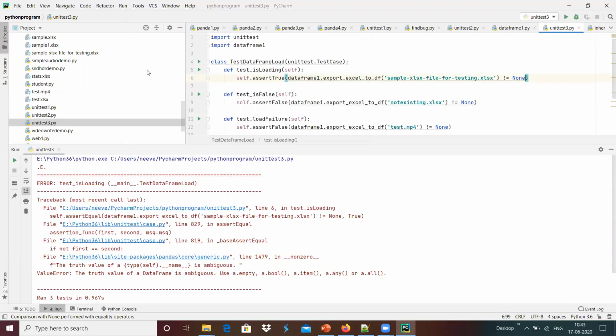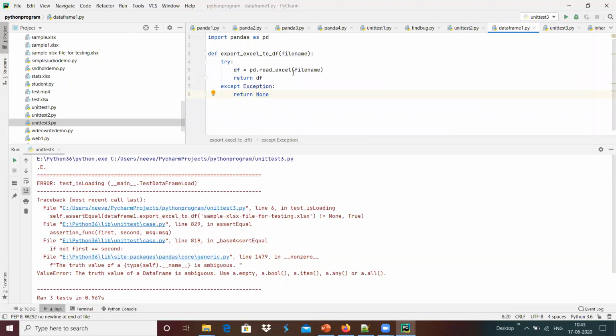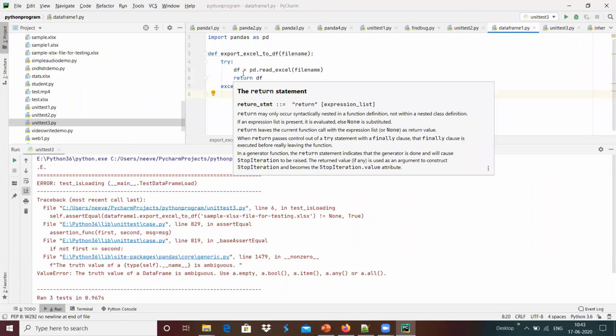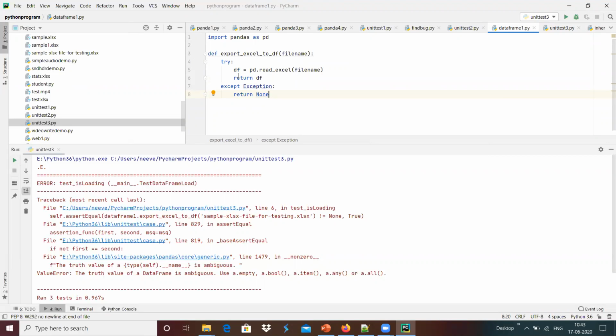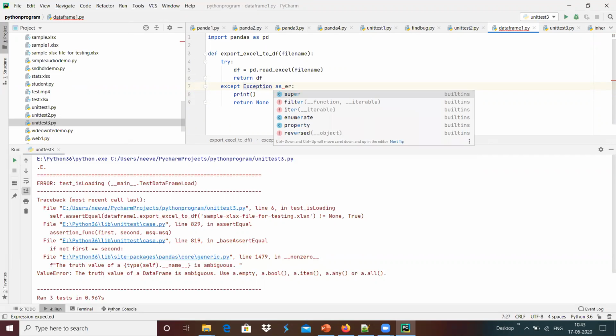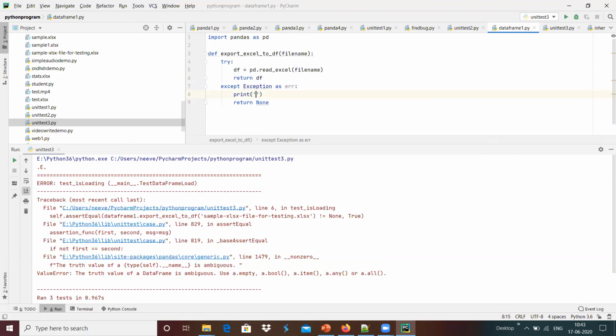It's just checking with that data frame 1, which basically loads the file name with read excel file name into df, and maybe we can check over here, print the exception as error, and we will see what is the error we are getting, with exception and format of error over here.